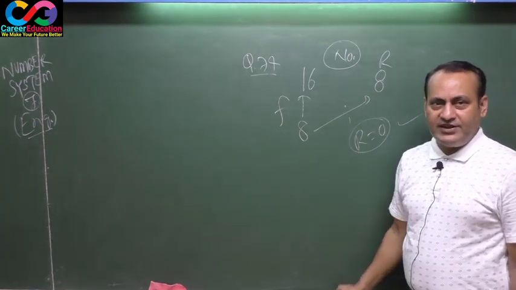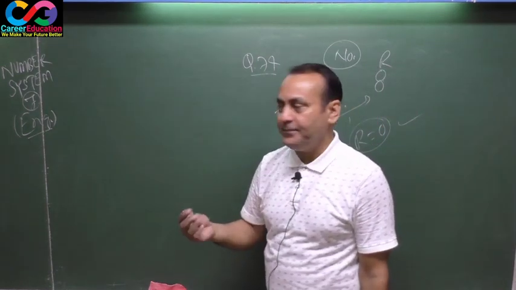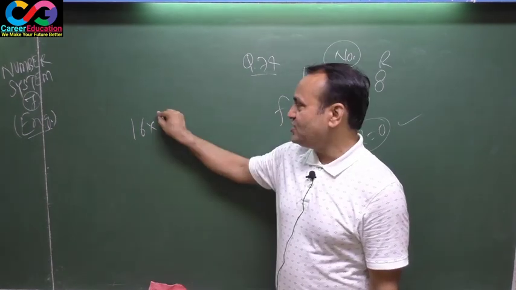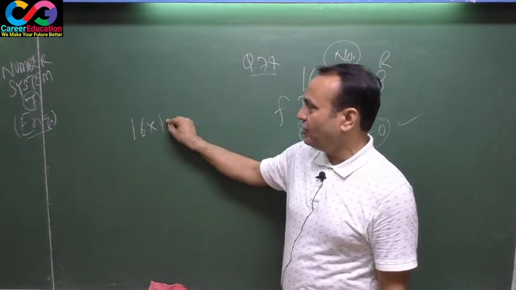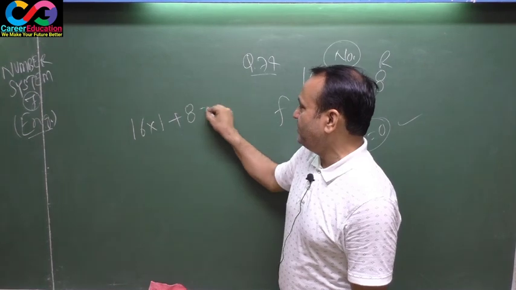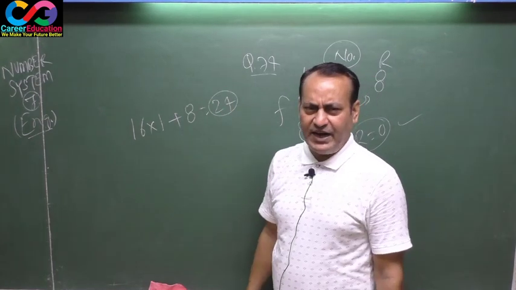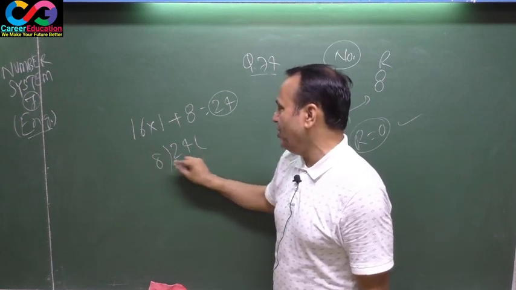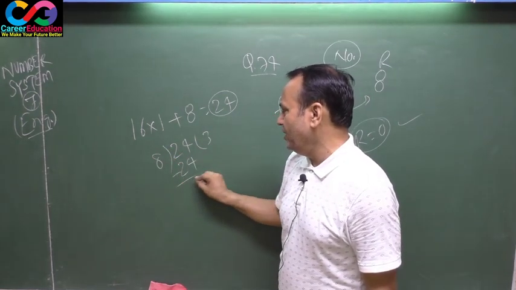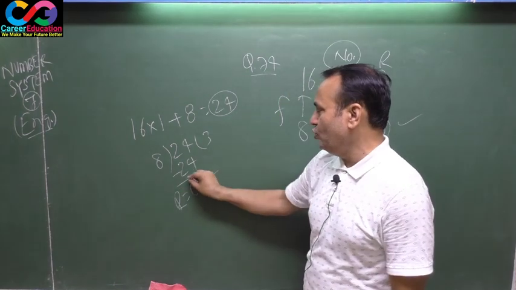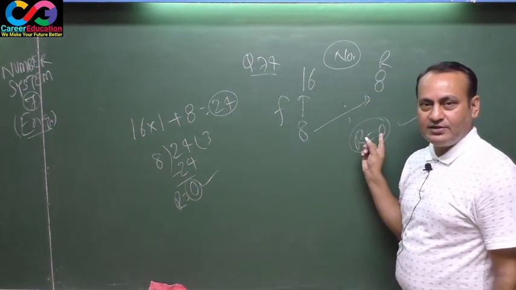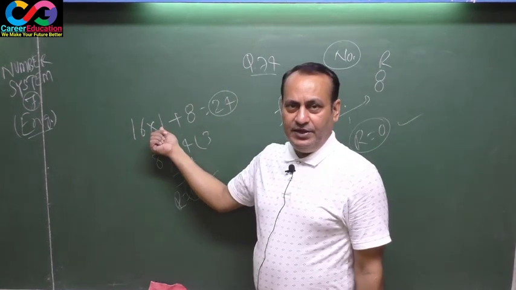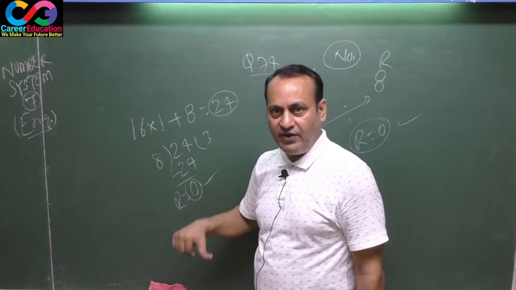Solve this question 74 by putting in an example. Question says, if a number is divided by 16, the quotient may be 1, 2, 3, anything you may opt, and the remainder is 8, that means your number was 24. This 24 must be divided by 8, according to the question. 8 3s are 24, remainder is 0. This is your answer. Note down. Here 1 may be changed to 2, 3, 4, 5, anything.